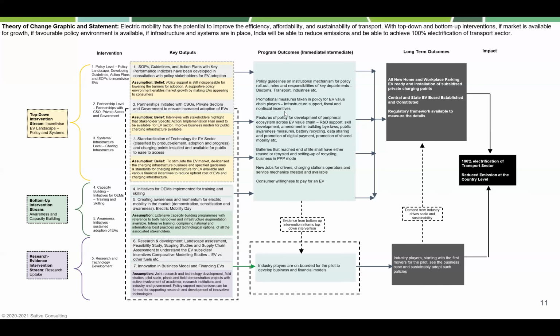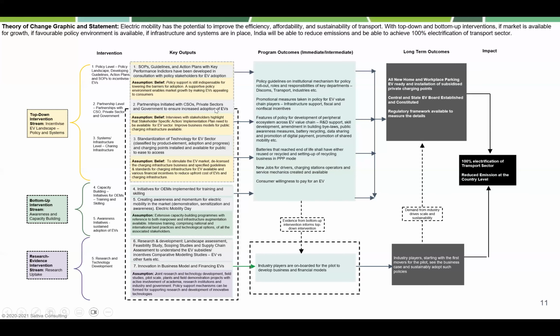And in the whole outcome part, in the immediate or intermediate section, I emphasize more on the infrastructure, what sort of things we can do at the program level. Because you remember, I clarified there is a training and skill development program going on. And we already specified new jobs for drivers, charging station operators, and service mechanics are created. So if you take a look at the flow,